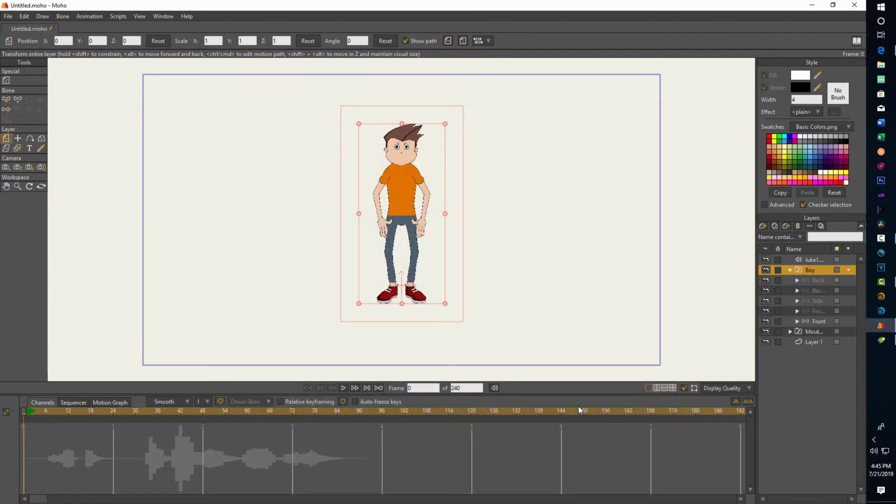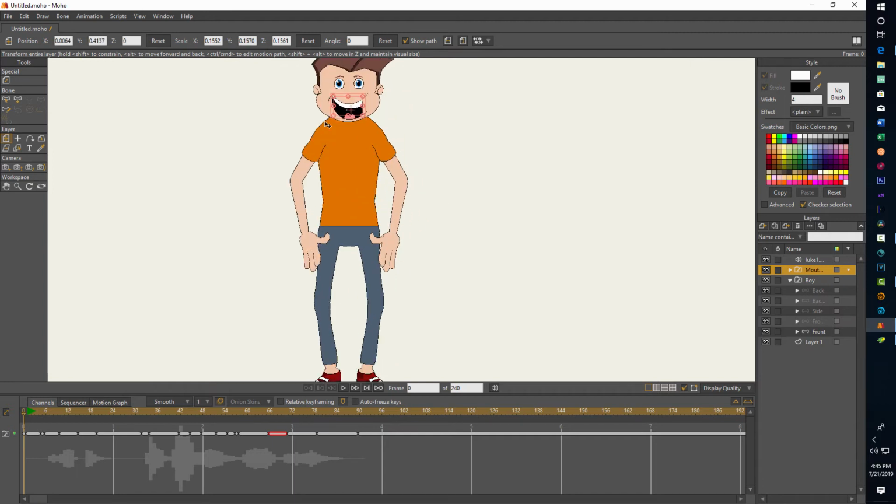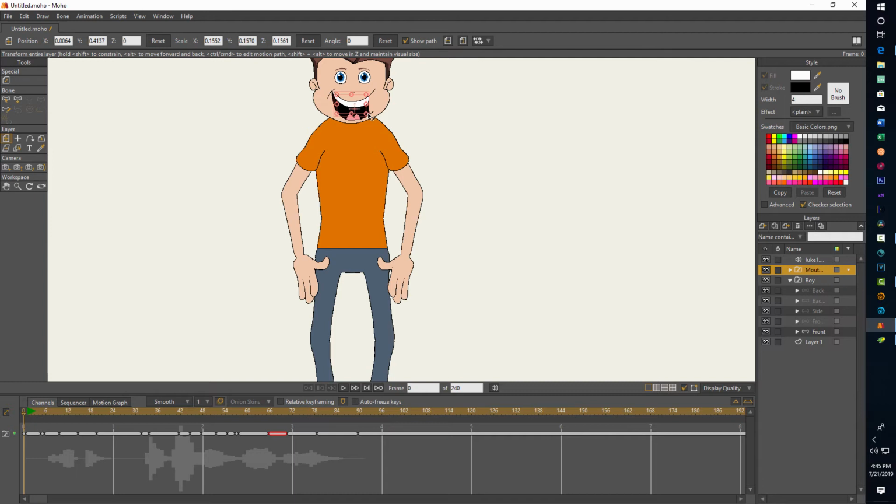And there he is. Now, of course, he's blocking out our mouth. So we just got to click and drag our mouth layer up above him. And there's our mouth. And then again, make sure we're on the 0 frame. We can click and drag our mouth and put him on there. I can scroll in a little bit here, and that's still a little bit of a big mouth. So if I'm on this transform layer, I can click and drag and resize the mouth to a more appropriate size. And then if I hit play,